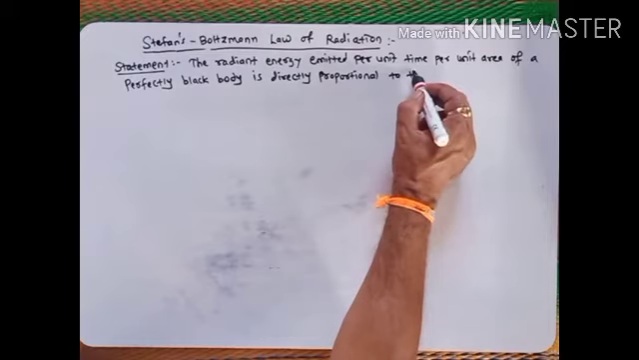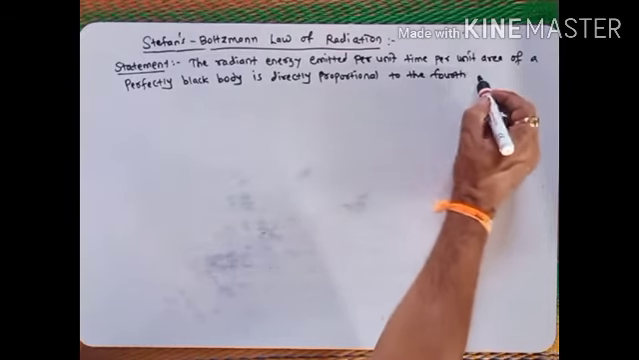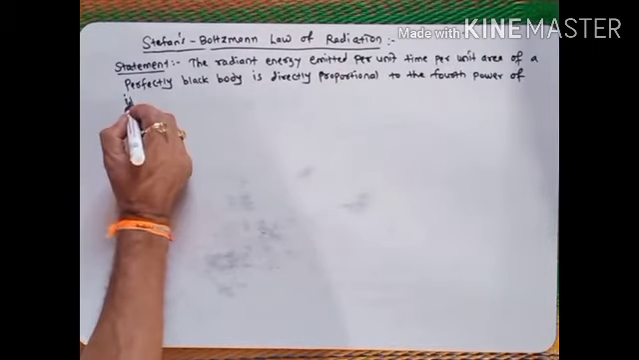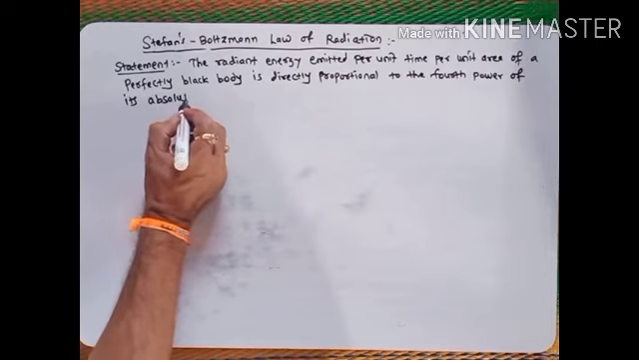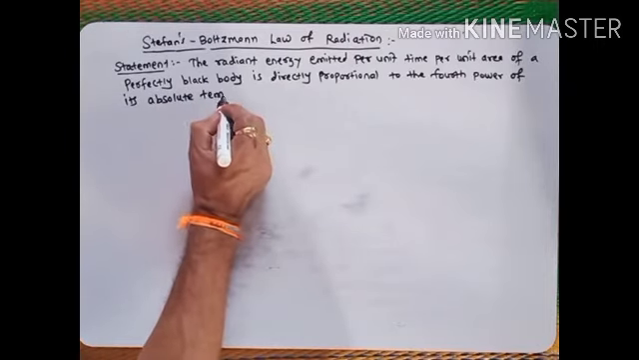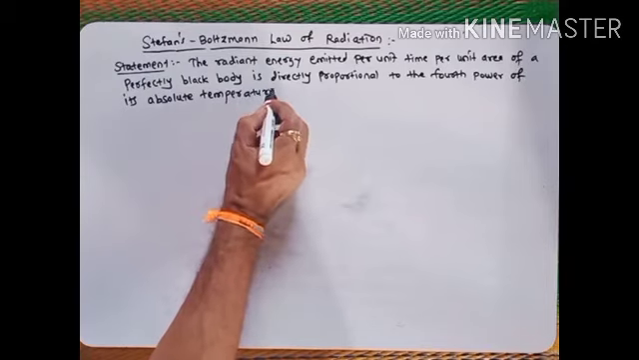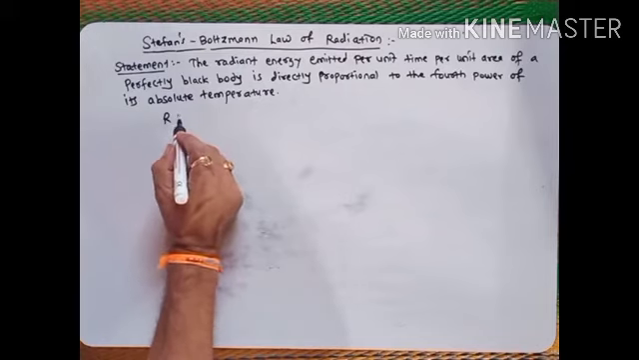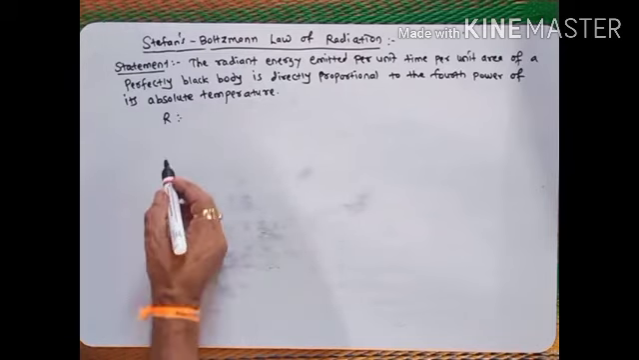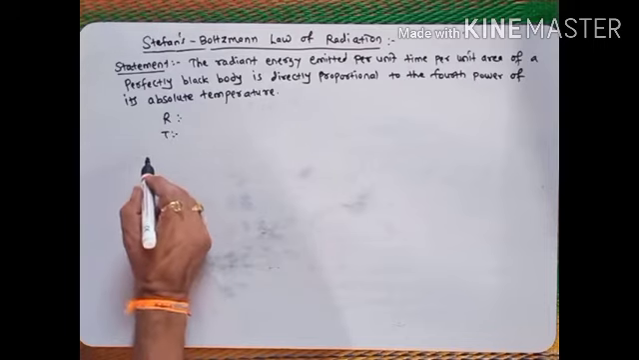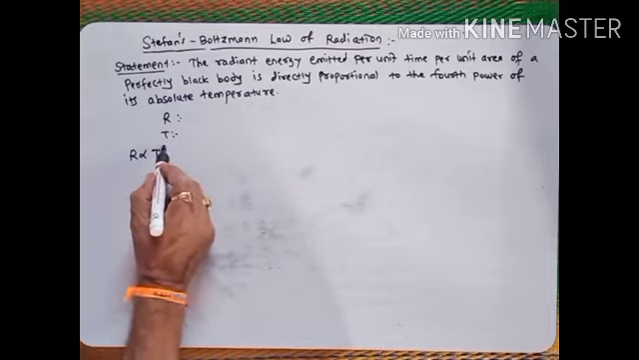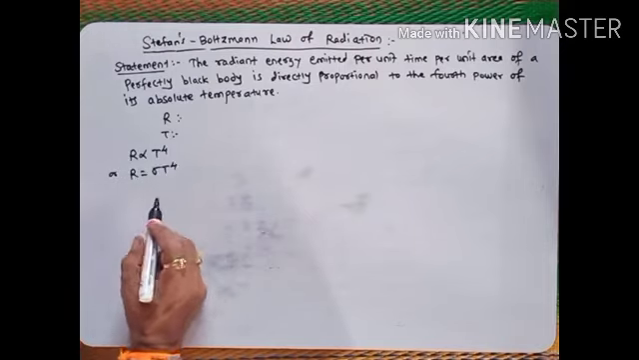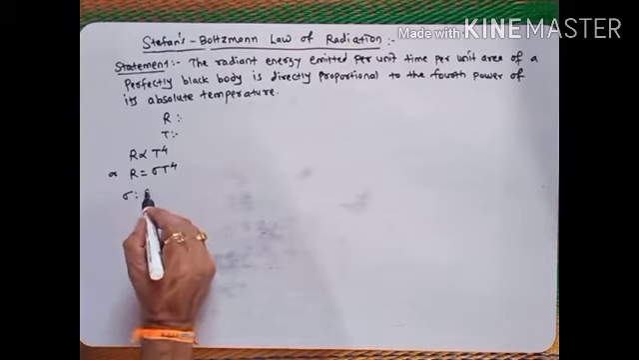to the fourth power of its absolute temperature. Suppose you consider R, the quantity of heat emitted per unit time per unit area of a perfectly black body, and T be the temperature. Then I can write here R proportional to T raised to 4, or R is equal to sigma T raised to 4, where sigma is Stefan's constant,